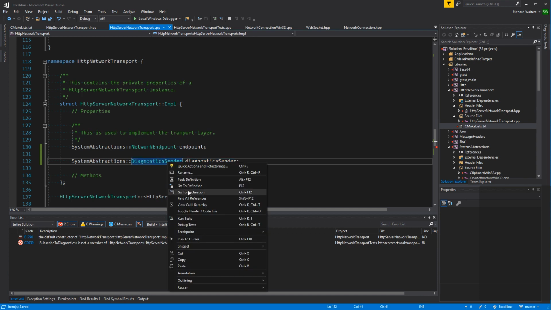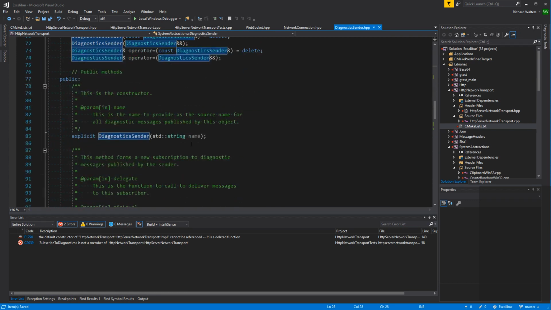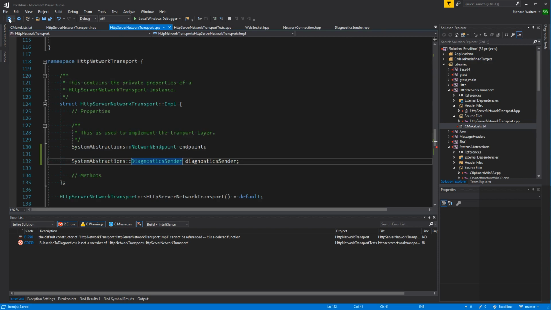This one needed an argument in its constructor, right? Yeah, it's a name.